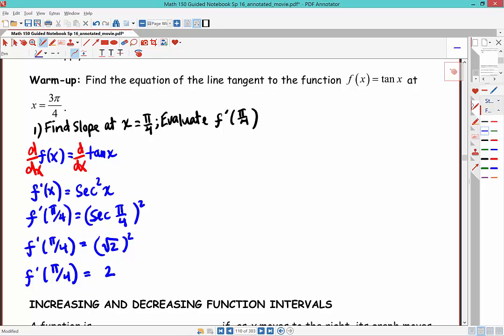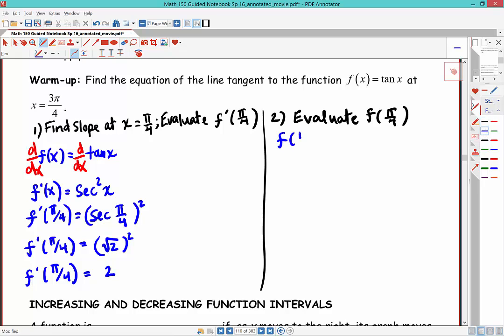Good so far? Awesome. Now just a couple things left. We need to evaluate f at pi over 4, so we know which y value to use. And f at pi over 4 is equal to the tangent function evaluated at pi over 4. So we'll get f at pi over 4 is, good, 1. Thirdly,